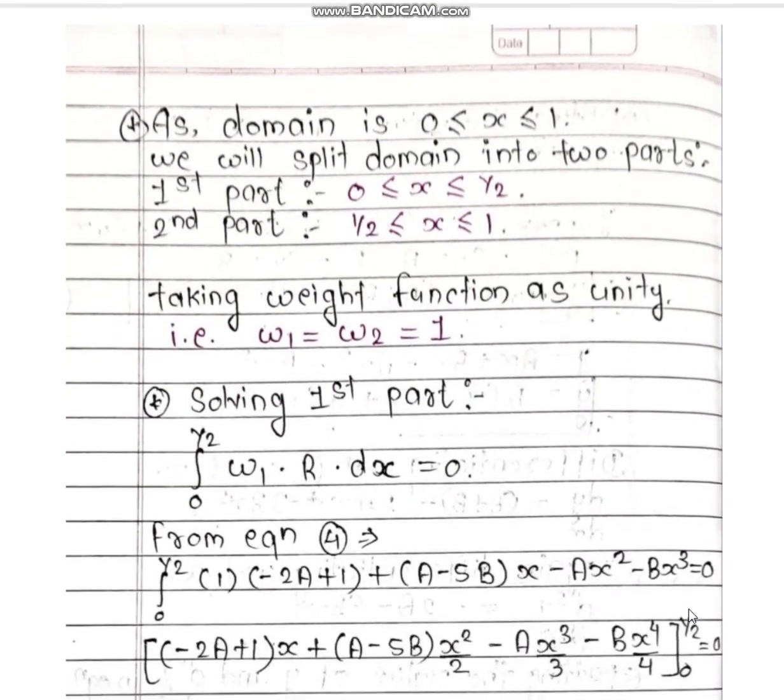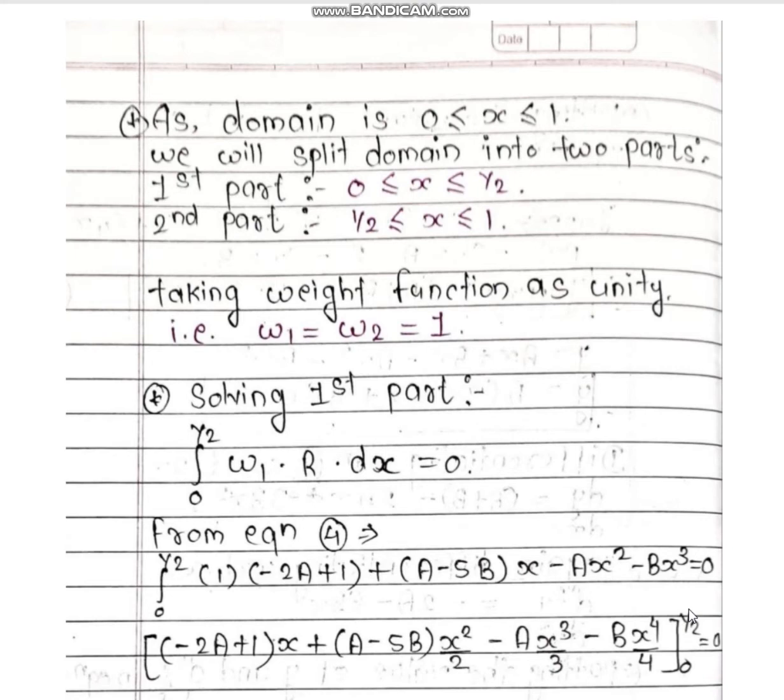So now our subdomain method important portion starts. So in subdomain method, as we all know that at the starting I have said that our domain is 0 to 1. So in subdomain method there is one rule: we have to divide this domain into two equal parts. That is, our domain is 0 to 1, so we have to divide into two equal parts. That means one part will be 0 to 1 by 2, and second part will be 1 by 2 to 1.